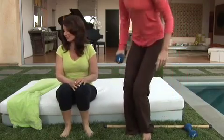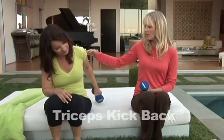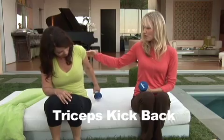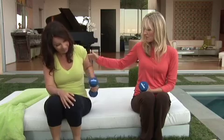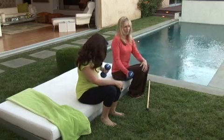Okay, there's also weight that we can do if you have any weights around the house. So why don't we show them that one position over here? And if you don't have weights, it could be a bottle of water, it could be whatever you happen to have. So again, here we're going to work the tricep area. We already have a little burn from doing it against the chair, the one that we just did, where you don't even need a weight. So if you don't have a hand weight or a bag of beans or a can of pennies or anything like that, anything heavy, a boot, a shoe,